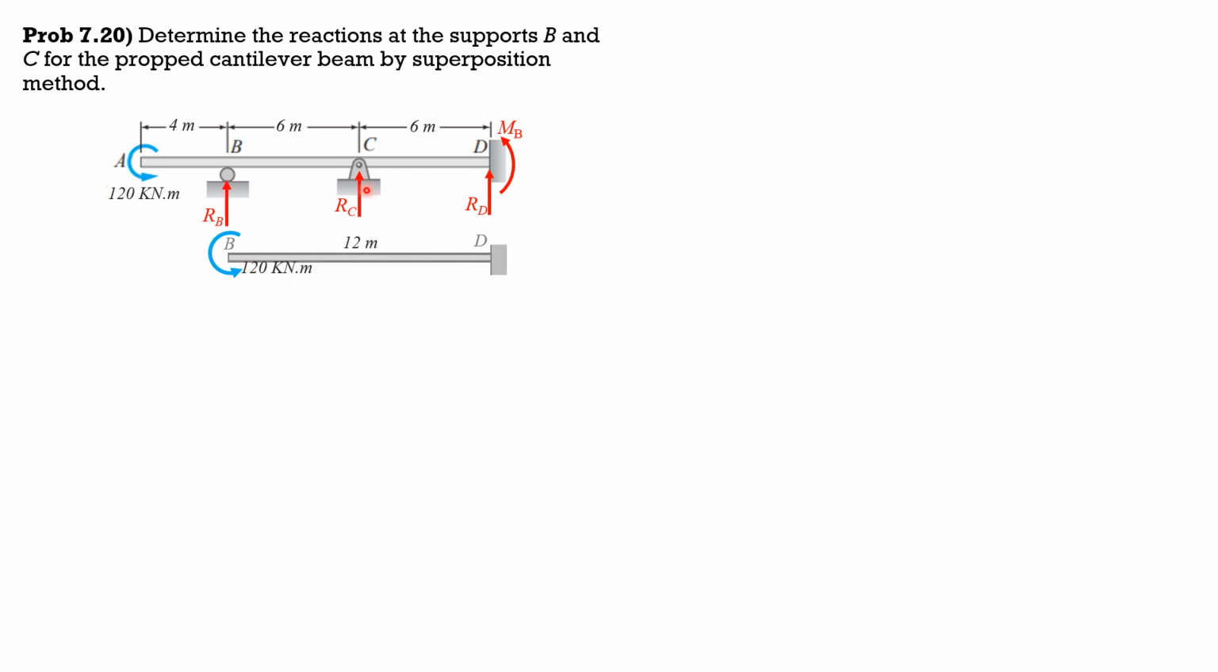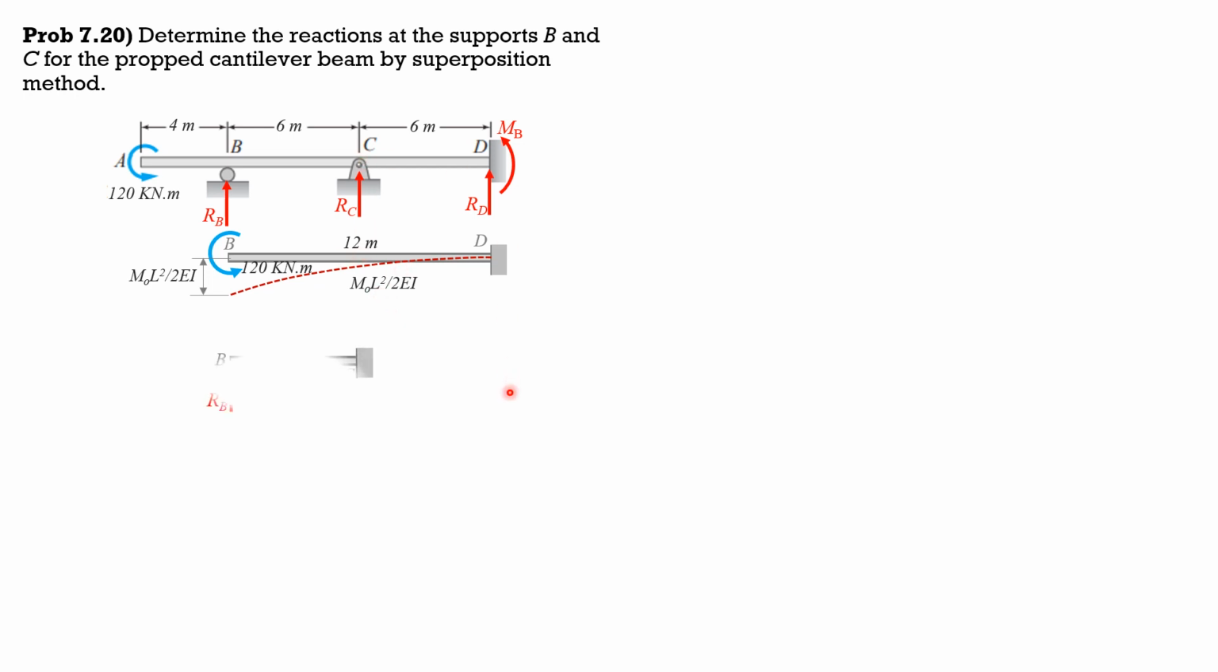Then let's remove the reactions or supports at B and C so that it will deflect freely. So remember the deflection here is MO L square over 2EI. So therefore here, because if we transmit that 120 kilonewton here, the formula is the same but lesser because L is 6 in this case. So this is also MO L square over 2EI or MO A square over 2EI, where A is equal to